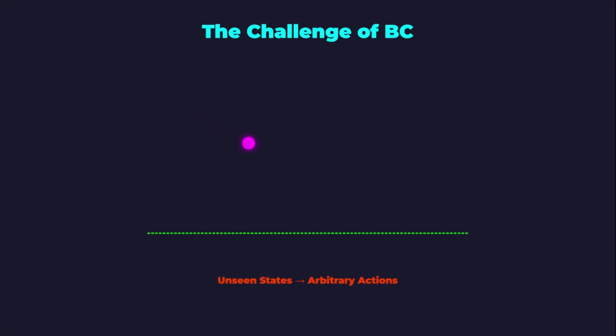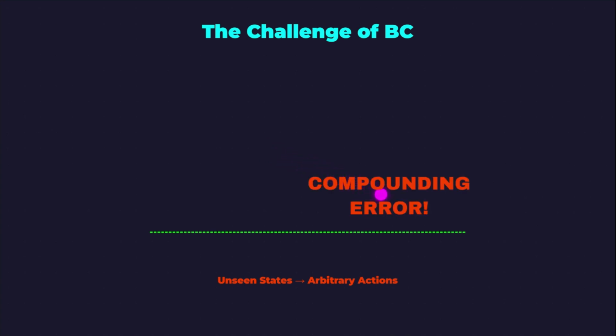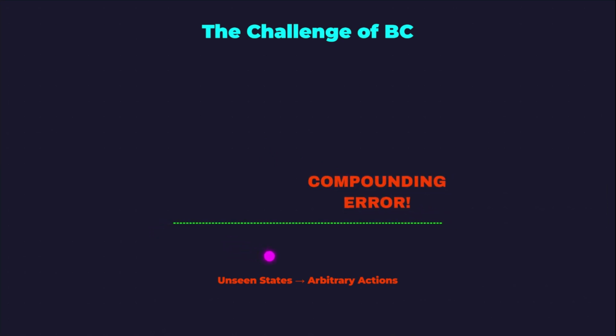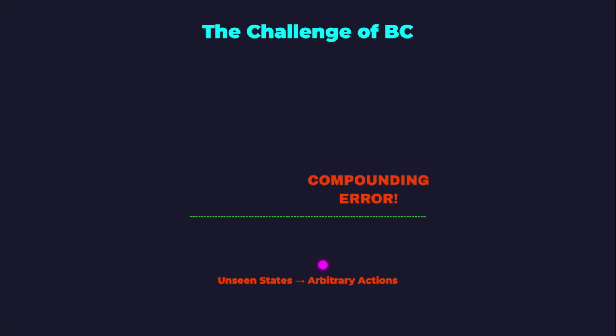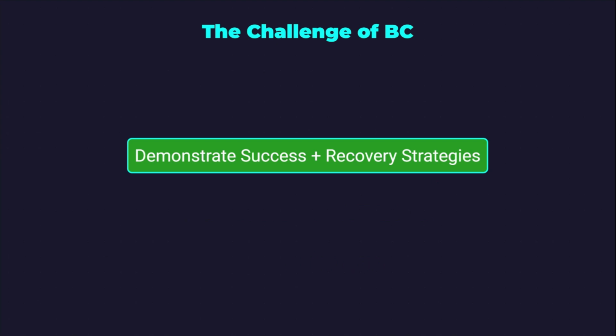Behavior cloning is highly sensitive to the distribution of states encountered during training. If the robot deviates even slightly from the expert trajectory during deployment, it enters an unseen state. Since the policy was never trained on this novel state, the resulting action is often arbitrary or catastrophic, leading to rapid compounding errors. This dependency necessitates large, diverse datasets, often collected through teleoperation or kinesthetic teaching. The expert must demonstrate not only successful task completion, but also robust recovery strategies for minor perturbations to ensure generalization.